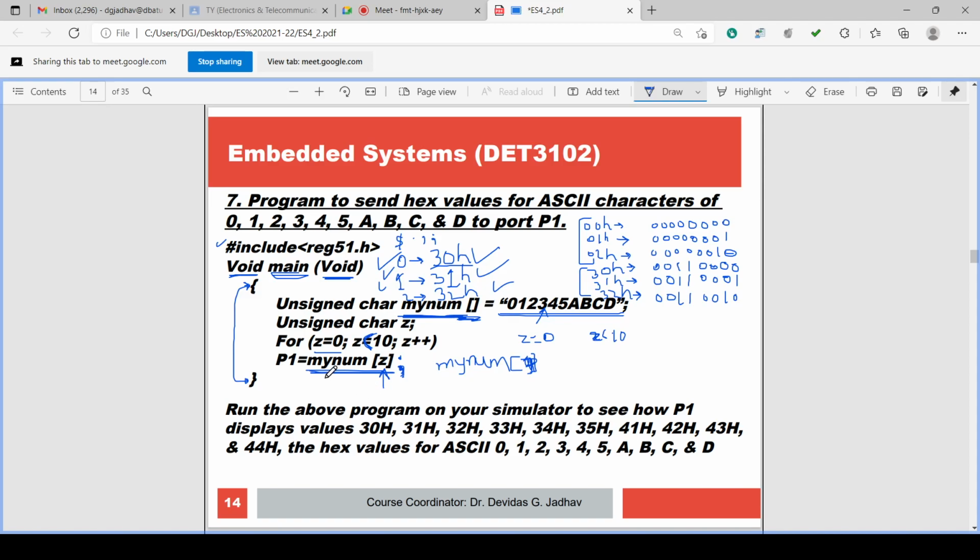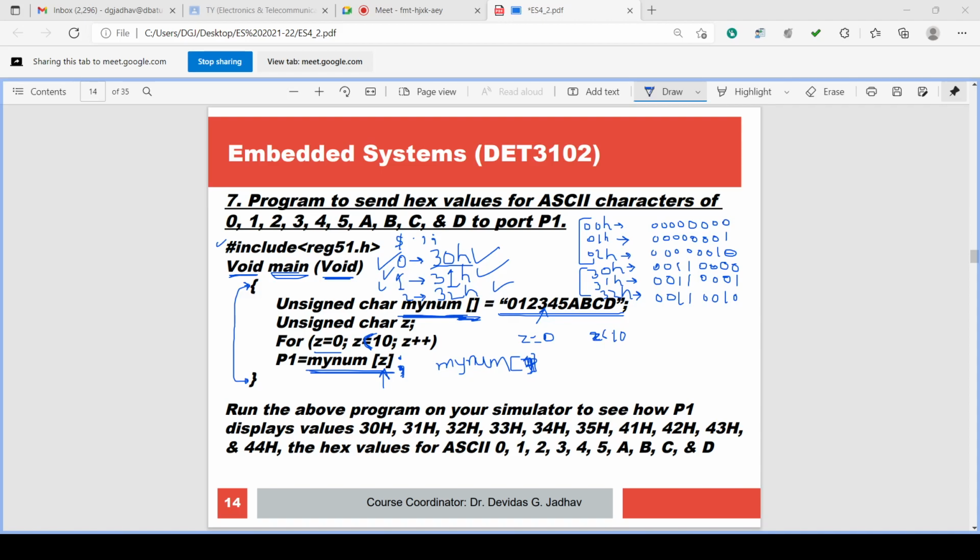So for P1 equal to my num square bracket z, whatever the value of z is, that is substituted in the square bracket in front of my num, and accordingly it is considered as the index of that array.